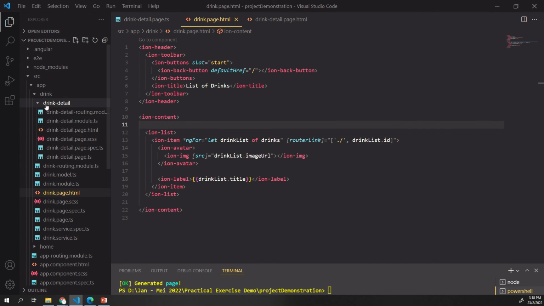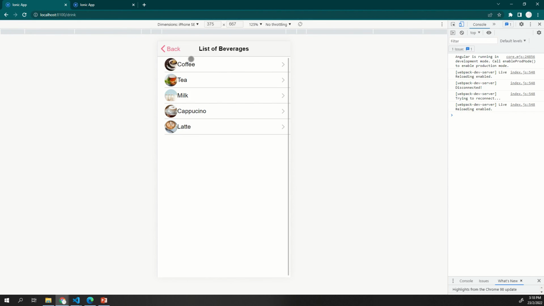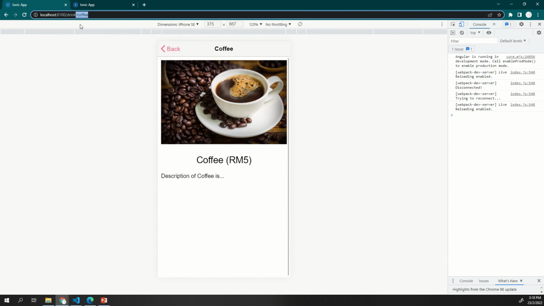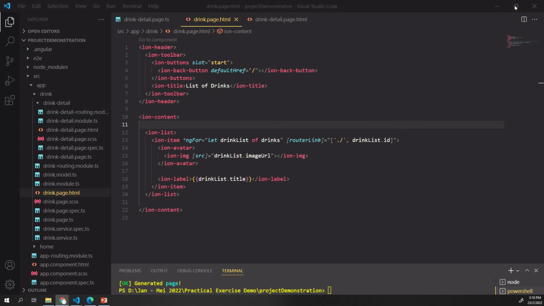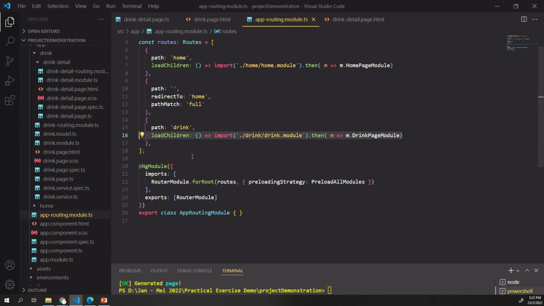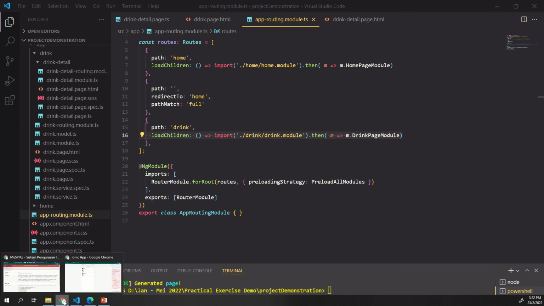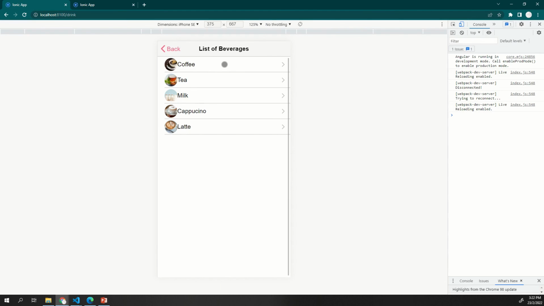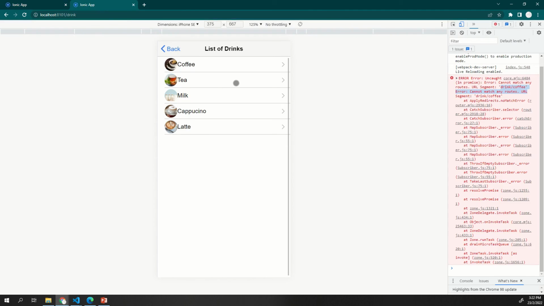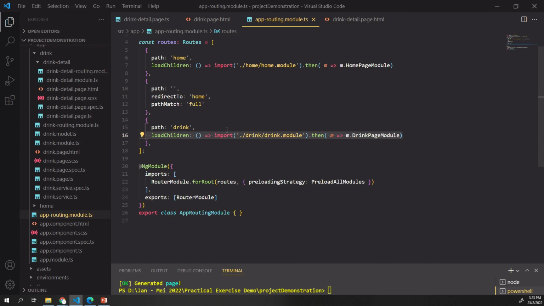Okay, sekarang ni apa yang akan berlaku sepatutnya bila diklikkan macam ni, bila diklikkan akan ada path yang baru pada URL, correct? And then to do that, kita kena make sure kita alihkan the routing tu. So let's see. So to change the routing so that this one is doable, bila diklik dia akan keluar link URL. And this one dia tak detect lagi drink tea ni and everything inside there lah. Jadi pergi ke